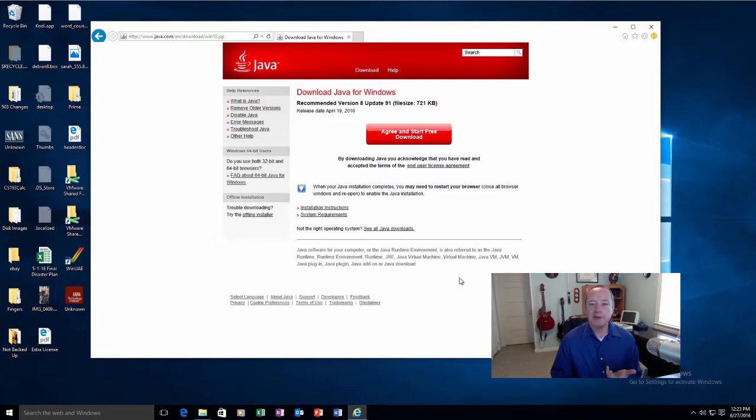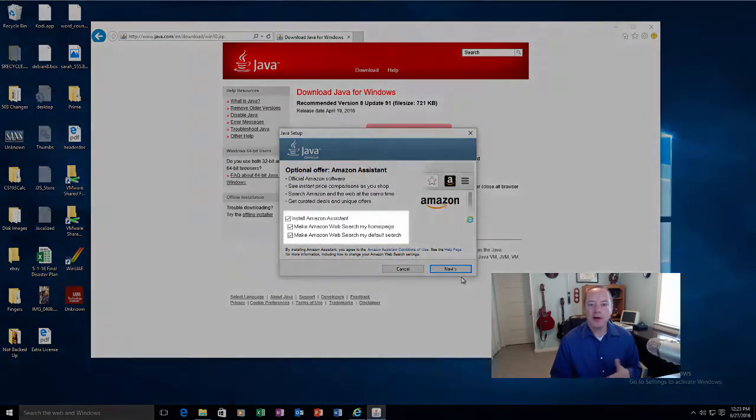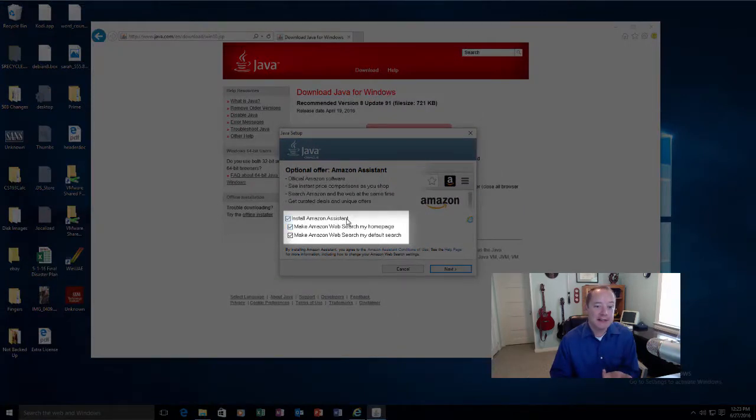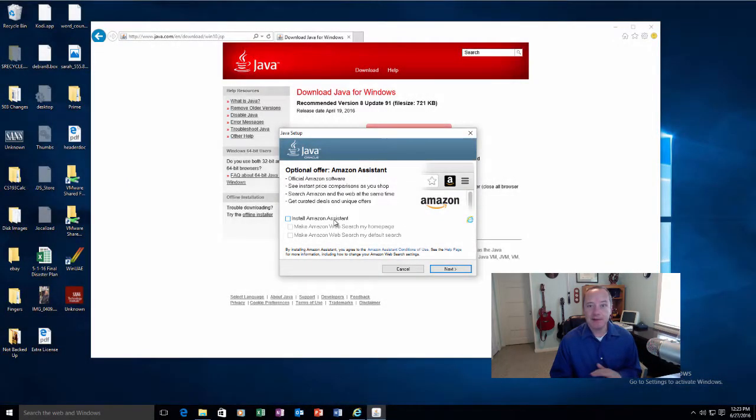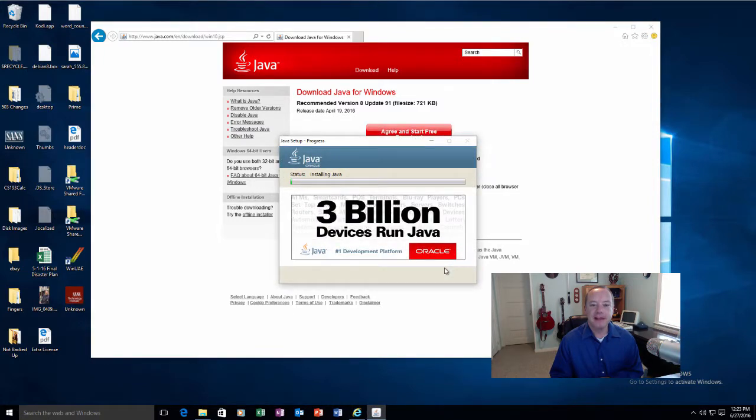If you happen to do this yourself, during the install of Java, you will notice that one of the things it asks you is if it's okay to install a Yahoo bar and all this other stuff, or actually in this case, Amazon Assistant. I personally do not need any additional plugins in my browser. I am sick of all that adware, so you may want to turn that off,